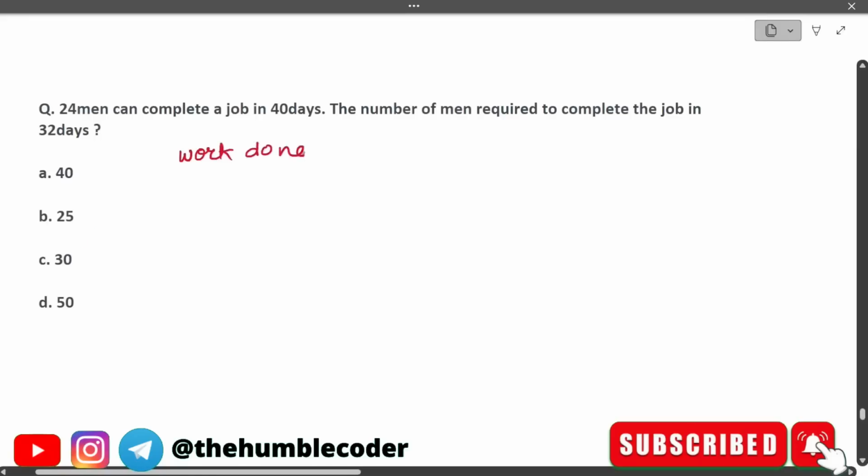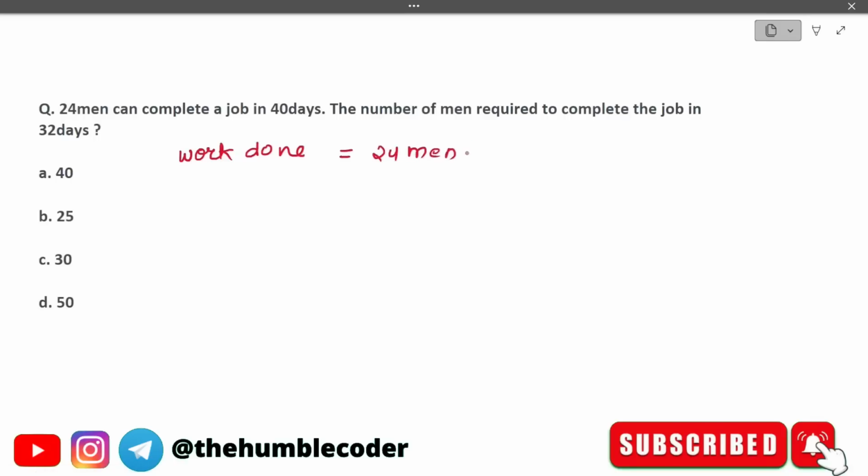Okay, how much it is. So total work done will be 24 men into 40 days. Okay, that is going to be how much? 960 man days we call it. Okay, 960 man days. Now, whenever we solve these kinds of work based questions, we have this thing